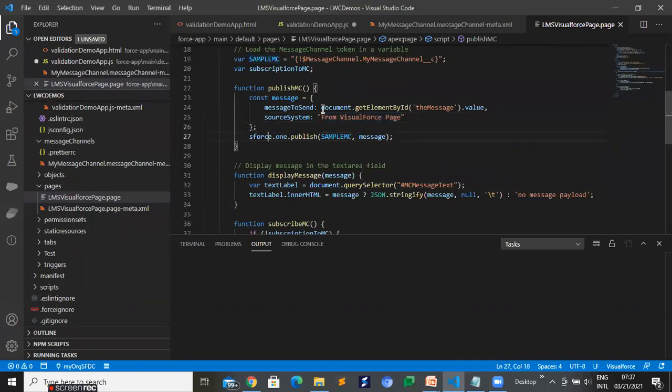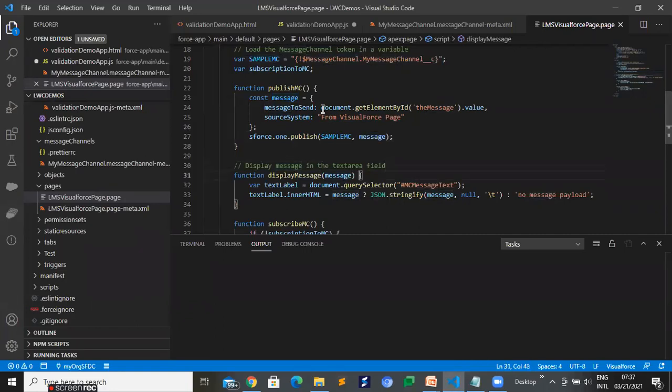For publishing, we are using sforce.one.publish, right? We are basically firing one event, and we pass this message channel, right? The second parameter is what you are supplying. We are supplying a message that contains two things: message to send and source system, right?